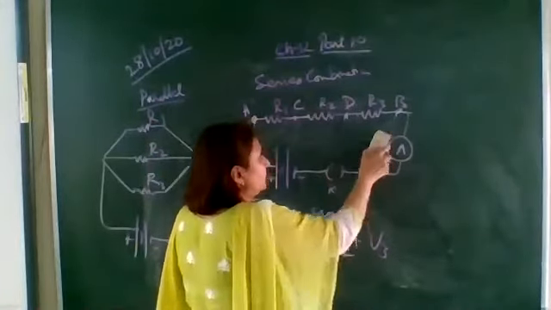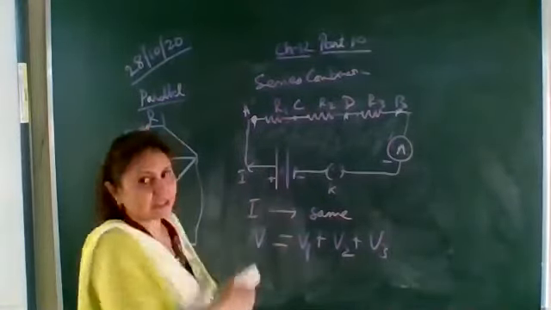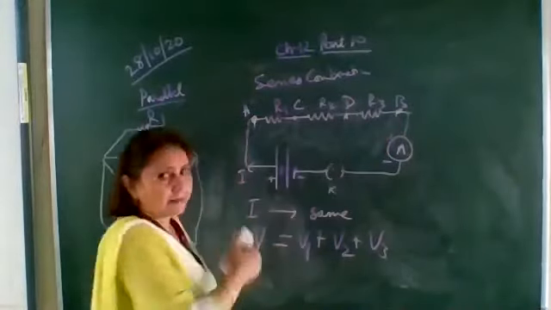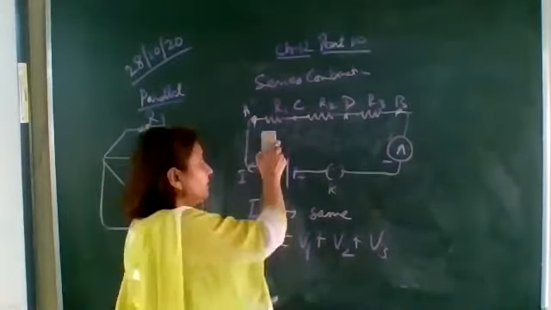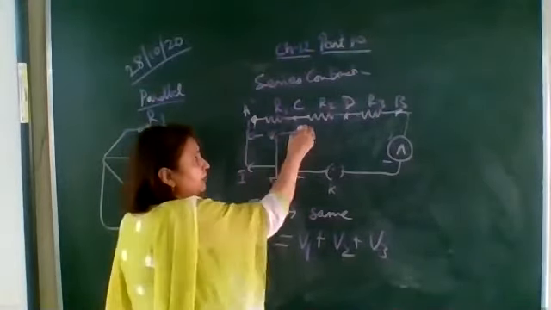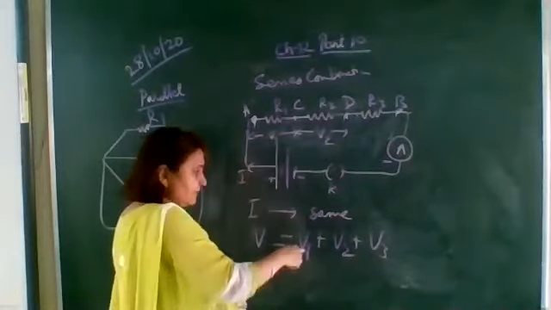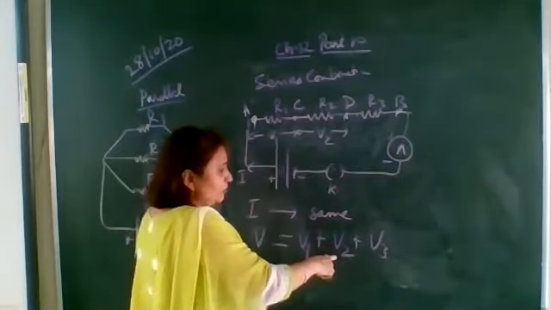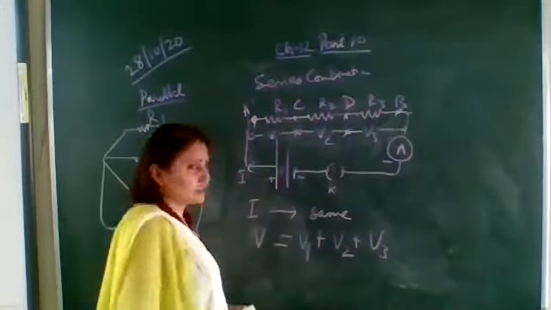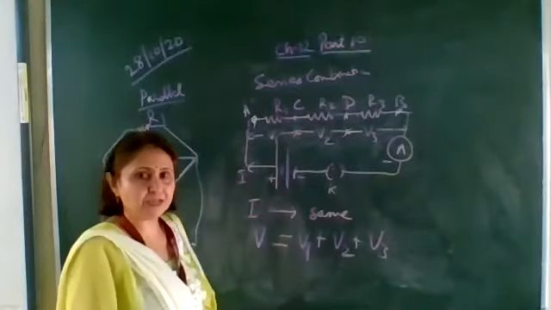So here you see that the voltmeter reading changes when these resistances are connected in series, and across all the resistors the potential difference, if it is V, will be equal to the sum of the potential differences developed across each resistor. Okay, across R1 the potential difference is measured to be V1 volts, across R2 let it be V2 volts, and across R3 let it be V3 volts. So the total potential difference given by the battery will be equal to V1 plus V2 plus V3.